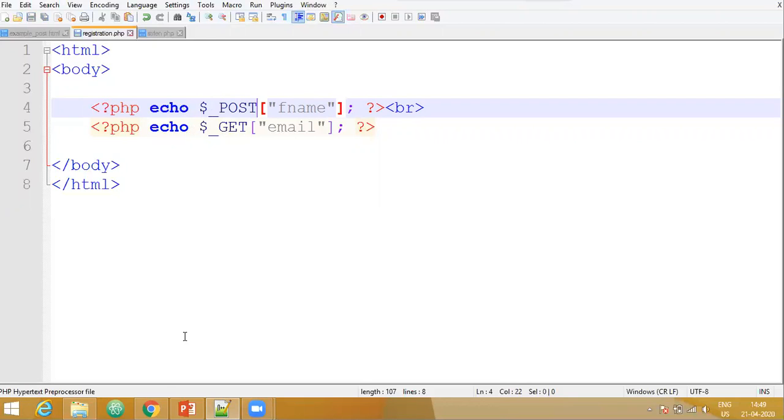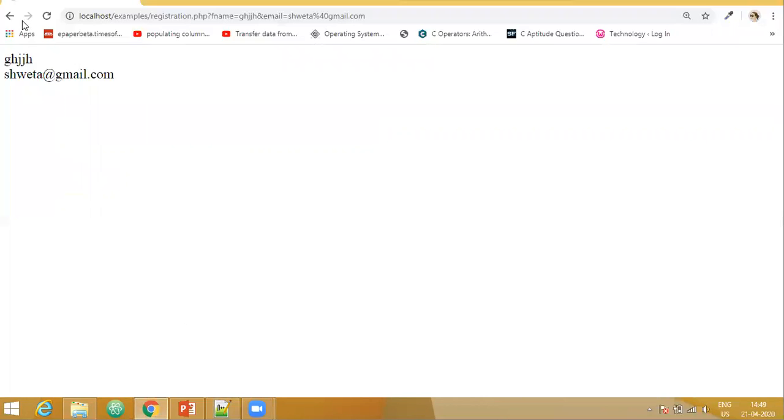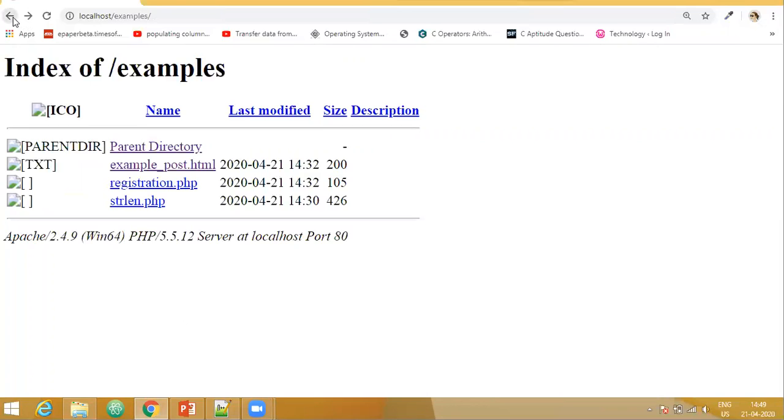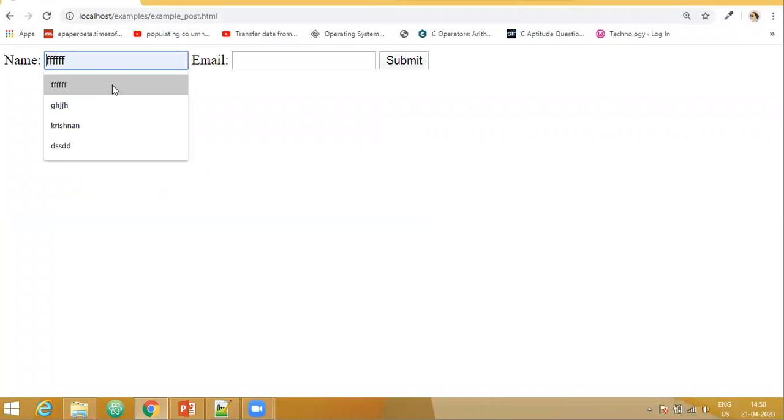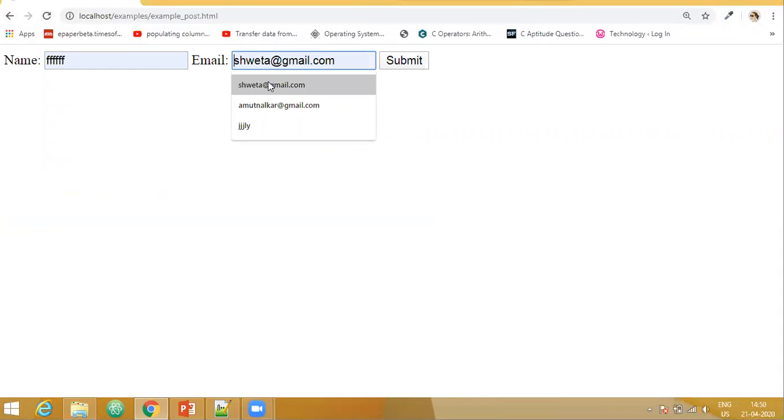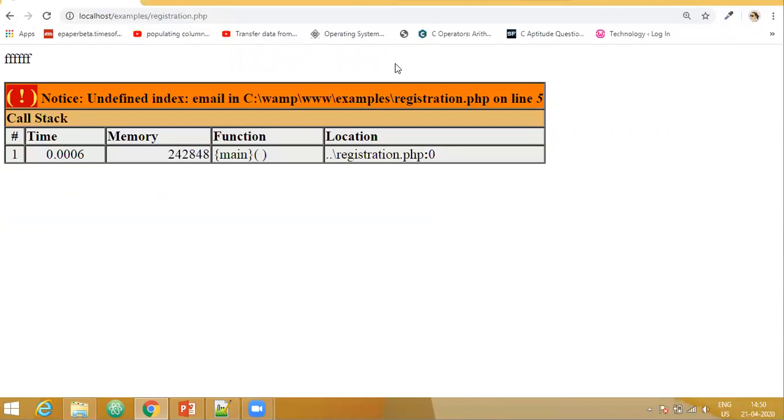Let us see what error we will get. We will refresh this. So we are getting an error, but the name property is getting displayed and the email property is not getting displayed. So it is displaying the line here on line 5.